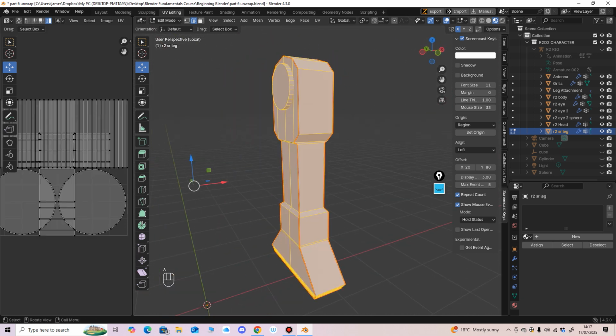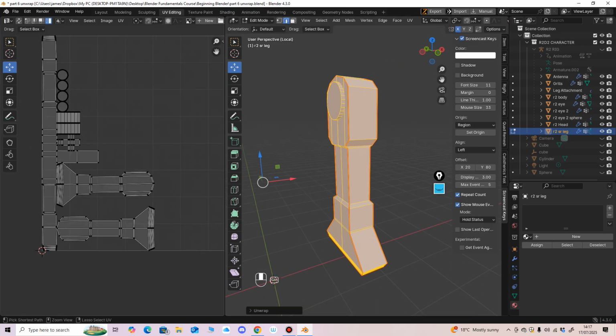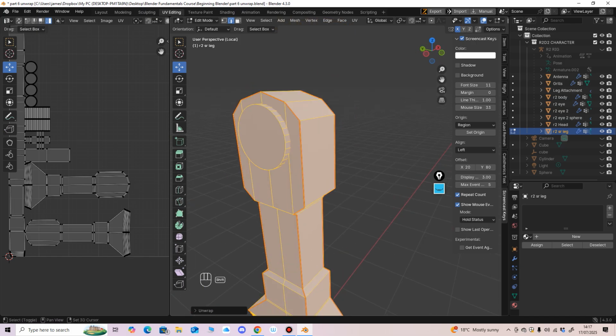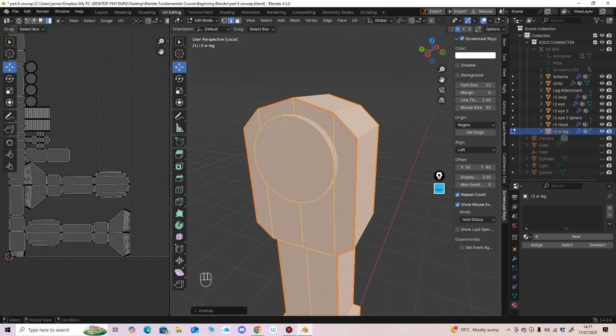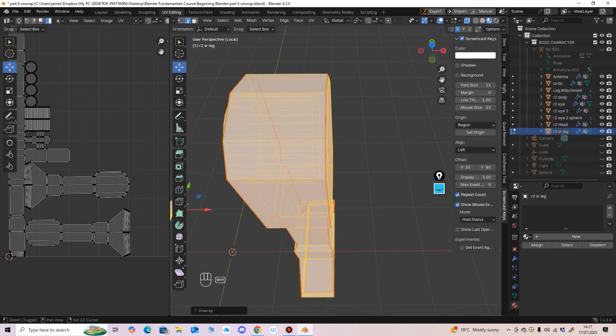A to select all. U, minimum stretch. Fail to solve 3 of 7 islands. More seams needed. So it has unwrapped it, but we still need more seams for it to be 100% correct. So that's one thing you'll see. The reason is